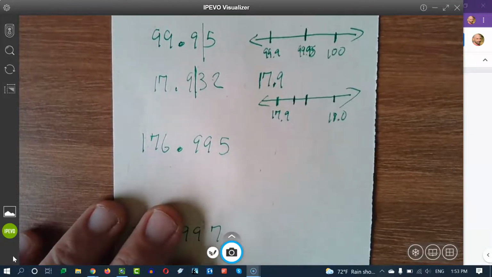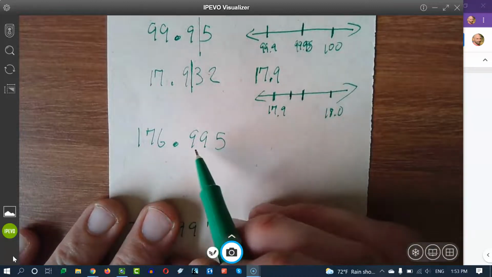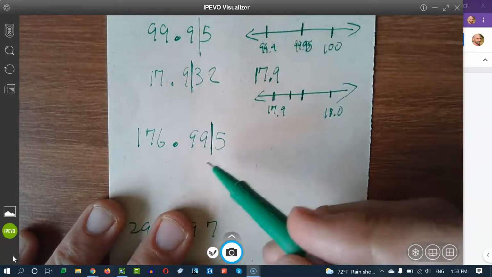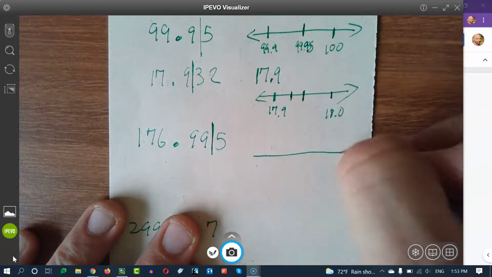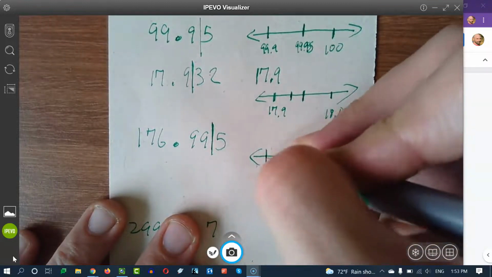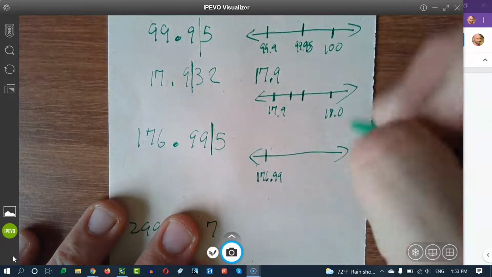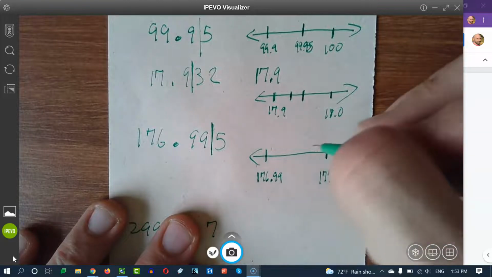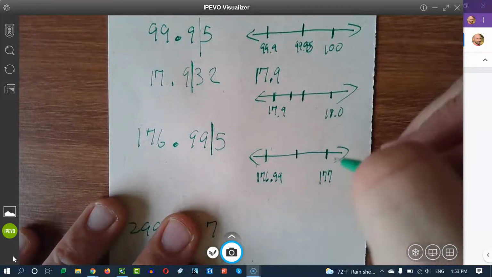All right, let's look at when we have double nines. So I have 176 and 995 thousandths. If I'm rounding to the hundredths, I look at that 9 there. I look to the right, I see a 5, so I'm going to be rounding up. So where are we on a number line? Well, I have 176.99, and then the next hundredth is 177. So 176.995 is right there in the middle. And again, since it's a 5, we've decided we're going to be rounding up. So my answer just is